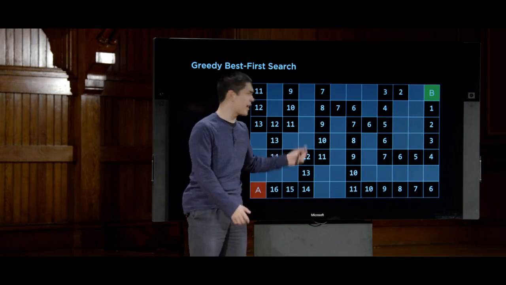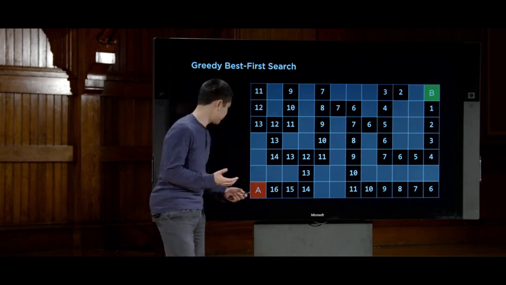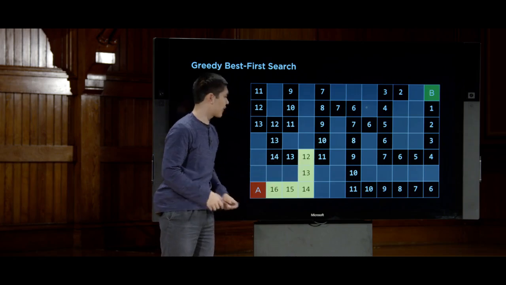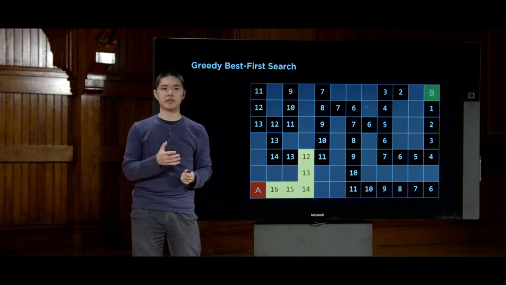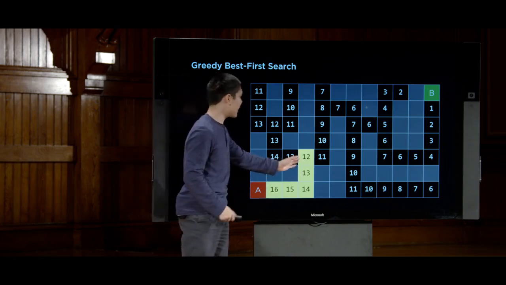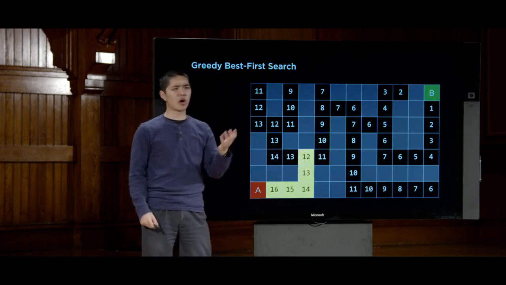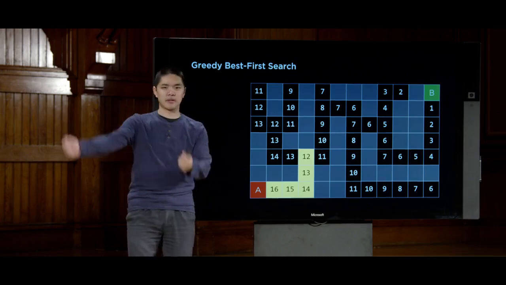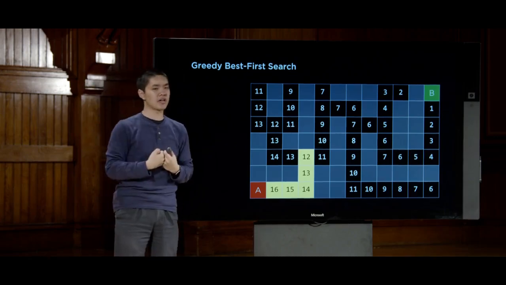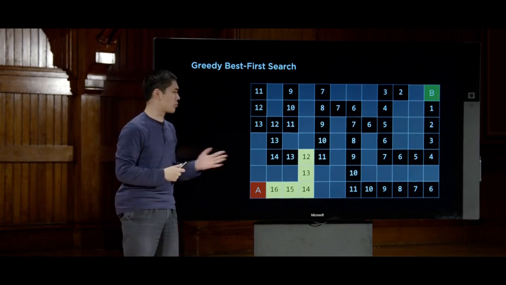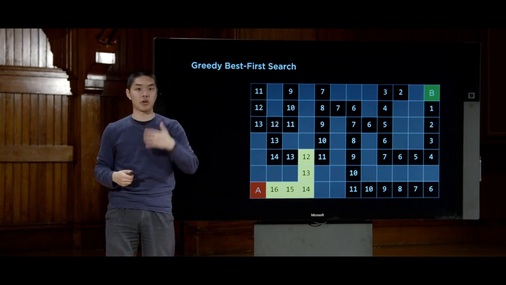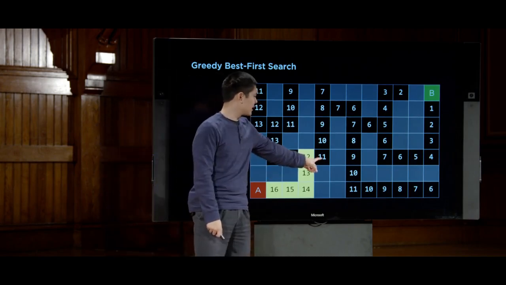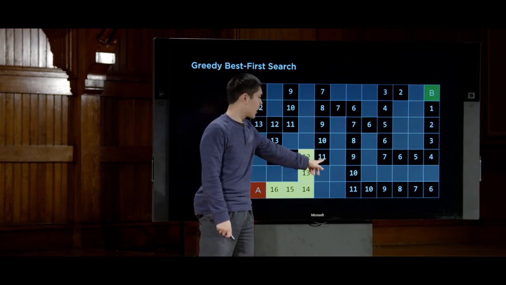Well, again, for these first 5 steps, there's not much of a choice. We start at this initial state A, and we say, all right, we have to explore these 5 states. But now we have a decision point. Now we have a choice between going left and going right. And before, when DFS and BFS would just pick arbitrarily, because it just depends on the order you throw these 2 nodes into the frontier, and we didn't specify what order you put them into the frontier, only the order you take them out. Here we can look at 13 and 11 and say that, all right, this square is